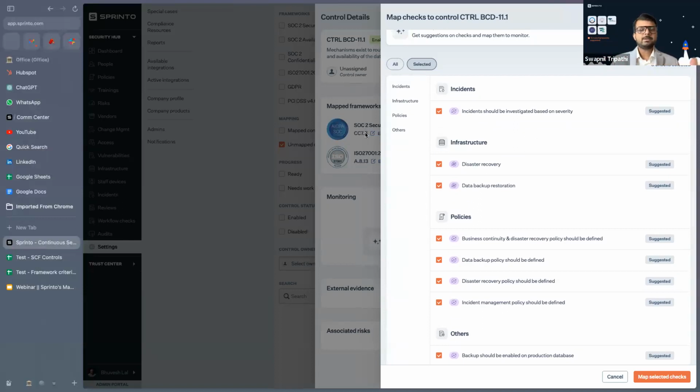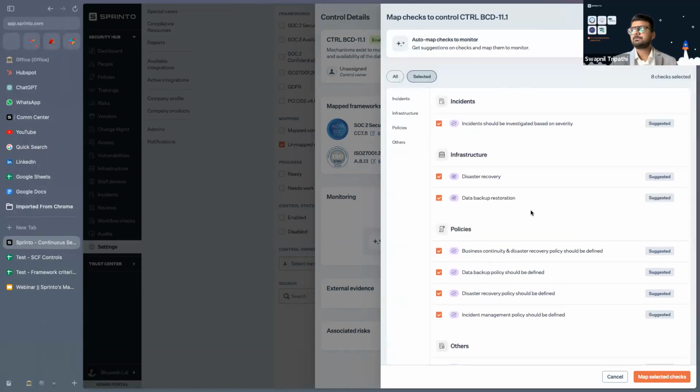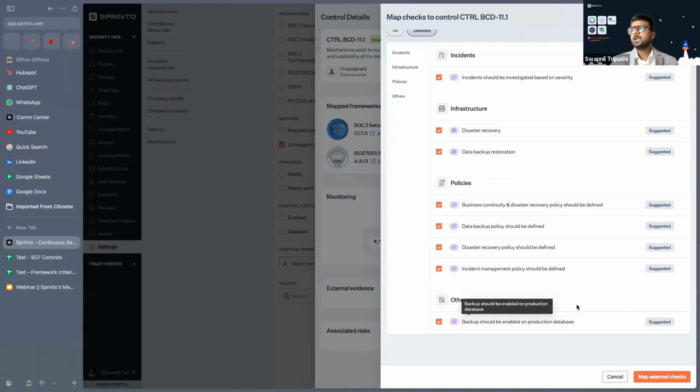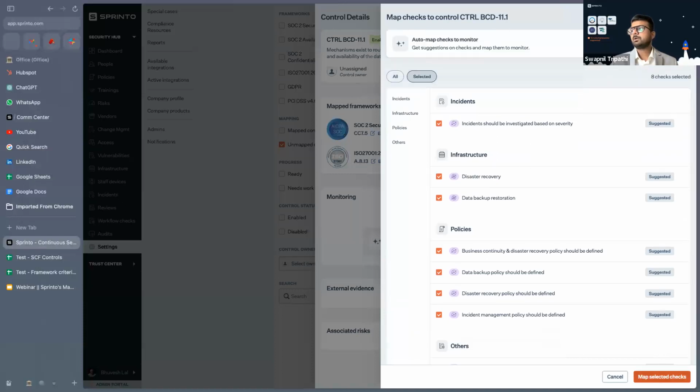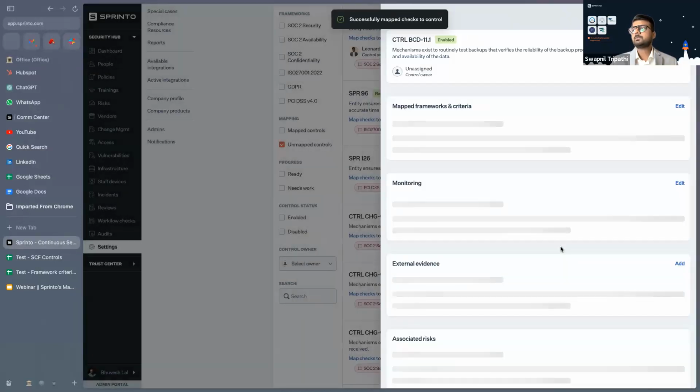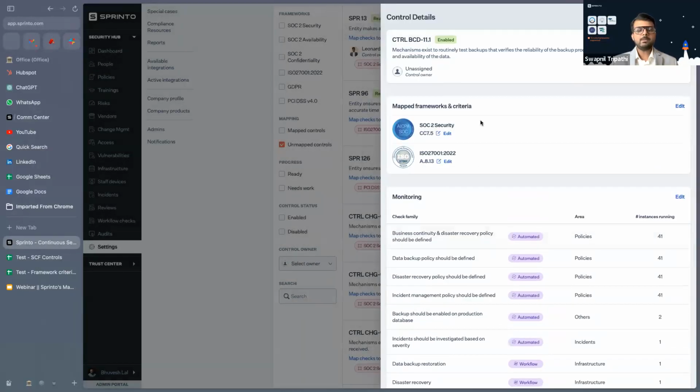Simple. What we have done is we have created a control list. We have identified to which ISO or SOC 2 or NIST control it is related. I've taken ISO and SOC 2 as an example here. Now the tool knows what needs to be collected for that particular ISO or SOC 2 control. And it is suggesting that these are the checks which need to be running to collect evidences. I'll simply go ahead and review this list of what the tool is suggesting. If I think it's covering everything, I'll go ahead and map selected checks. And it will start monitoring all of these checks against these controls. And my framework is set up, right? This way, my framework will be set up. And this is your magic mapping.